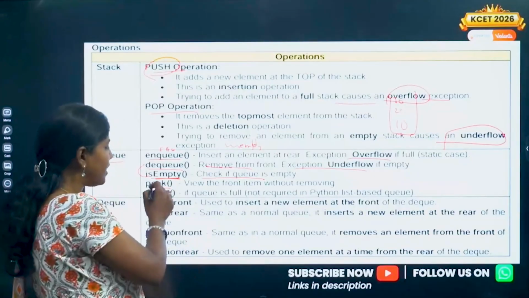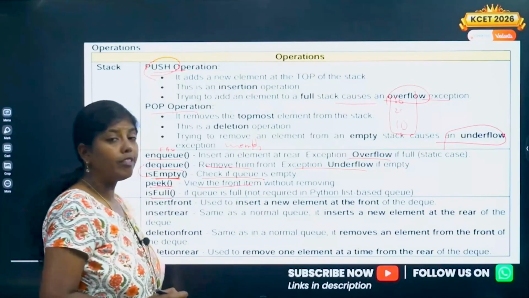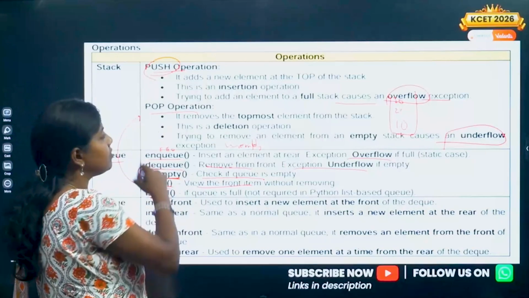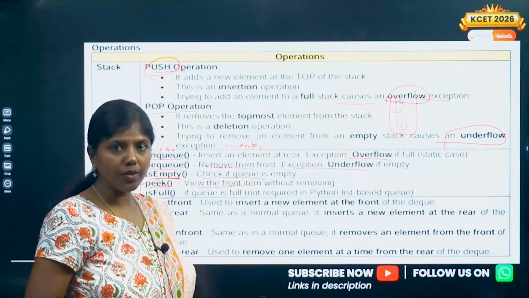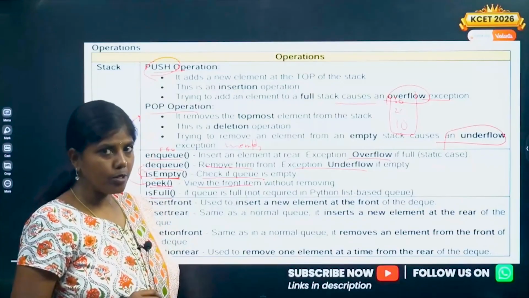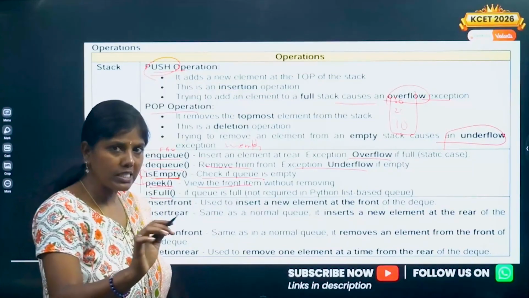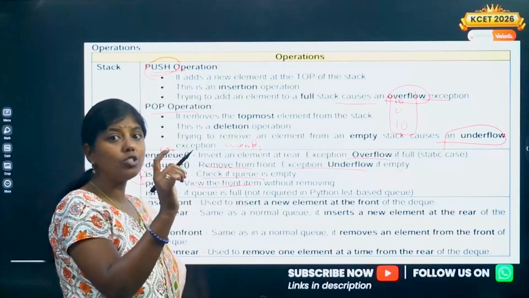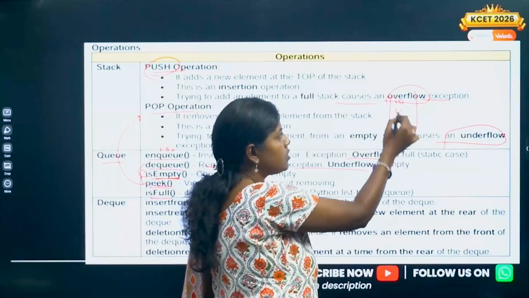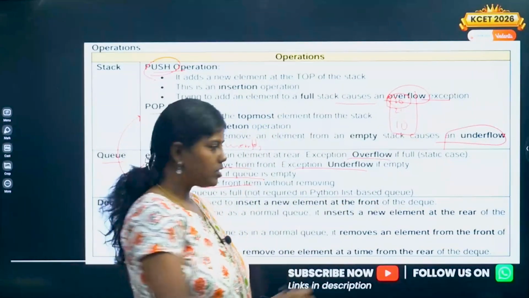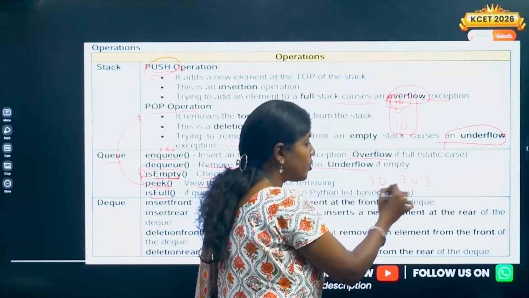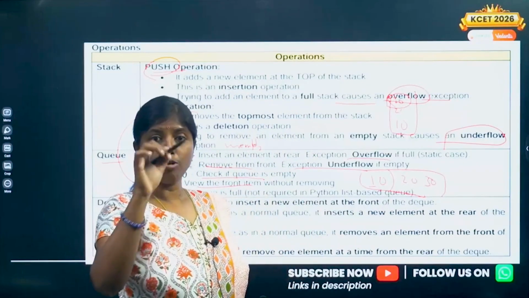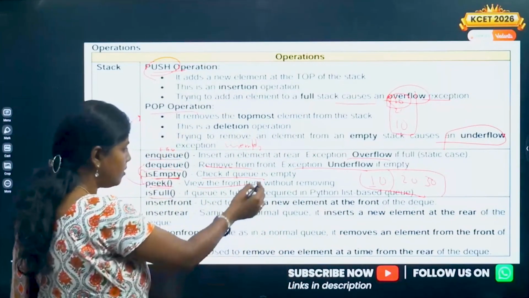Clear? Similarly, we have a peek that gives you the front item without removing. Similarly, we have isEmpty and peek functions. All these things are there even in the stack as well. In stack operations also, we can include peek and isEmpty. It is not there in the textbook, but still you can write it. That's not wrong. It is going to give you the front item. For example, 30 is the peek element in case of stack. So if I write 10, 20, and 30 in case of queue, 10 will be given as the element that is there in the front.